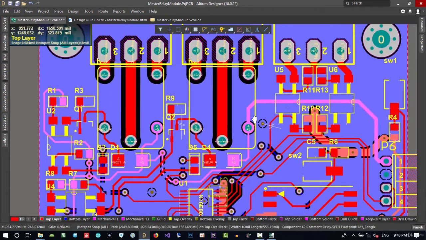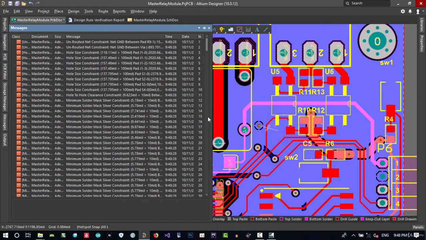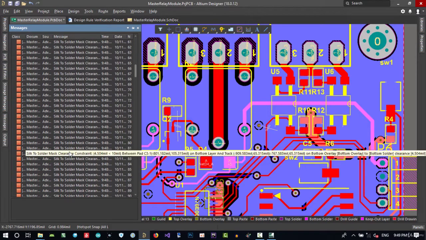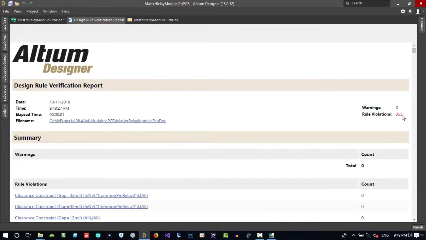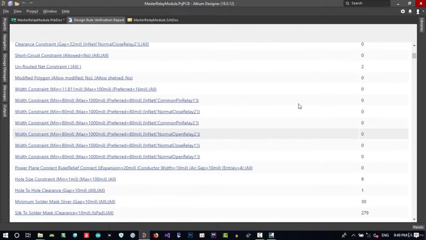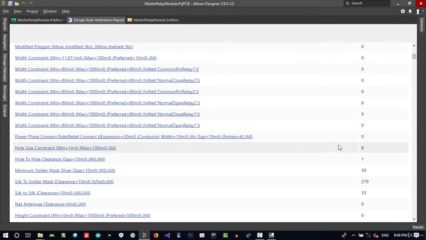No, I did unpin properties, so I can go to messages, and in here I see a lot of errors. You can see that there are 2 errors in it. There are 2 nets that are unrouted,